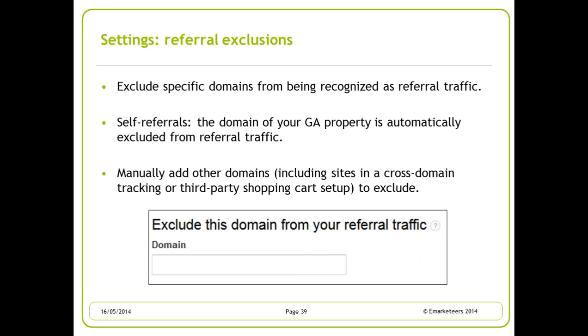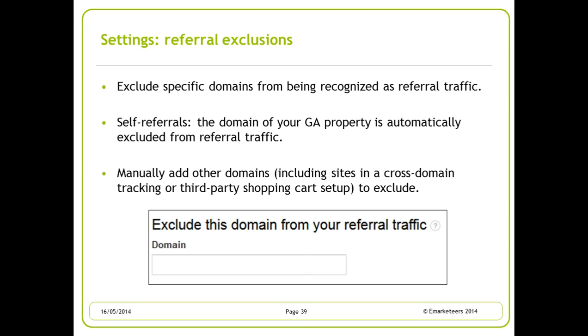Also new and very useful, referral exclusions. Maybe you've seen this happening in your own analytics. If you have a web shop, for example, the moment people buy something, they're sent off from your site to another site where the payment is handled, and then sent back to your site.